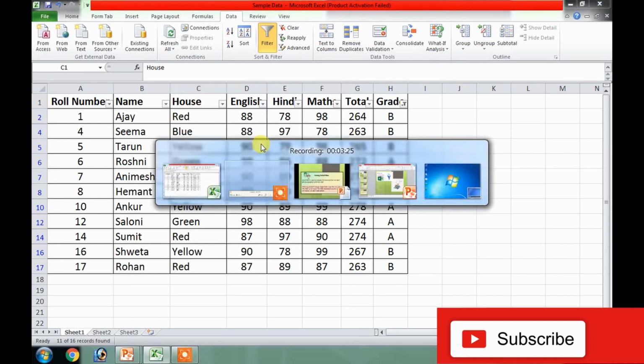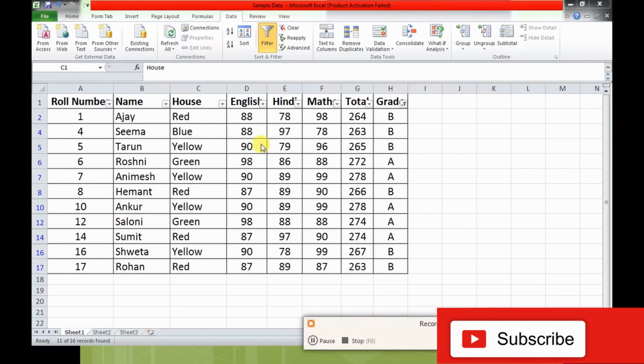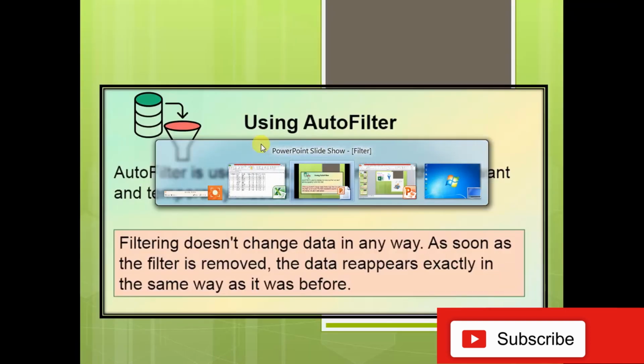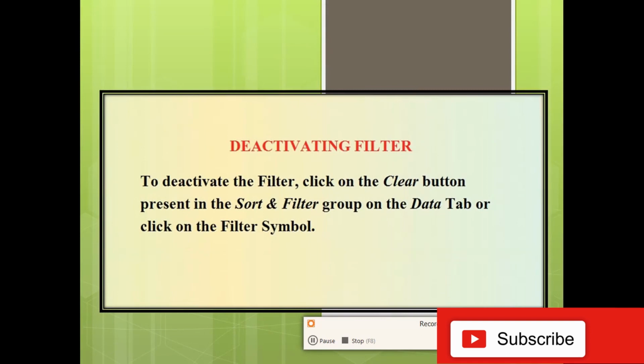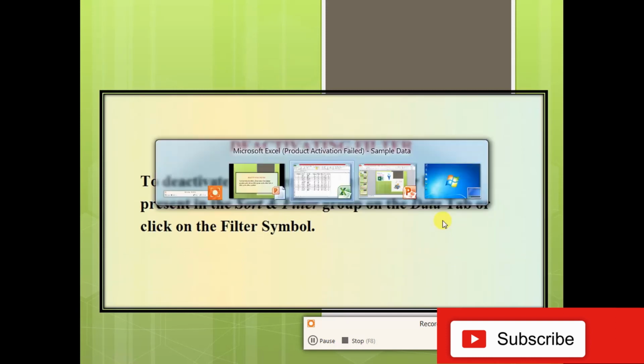Next is about defiltration. What is defiltration? Defiltration means deactivating the filter, which means we need to click on the Clear button in the Sort and Filter group on the Data tab. This is very simple.